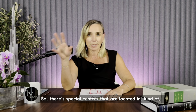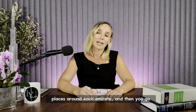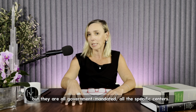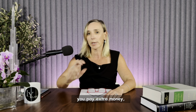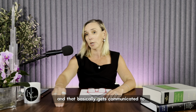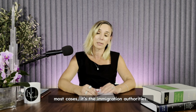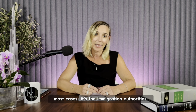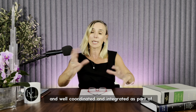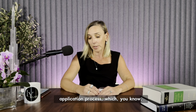There are special centers located in many different places around each emirate, but they're all government mandated, right? The specific center. So you go in there, you pay extra money, and you get your test result that same day, and that basically gets communicated to the next authority. In most cases, it's the immigration authorities. So it's all very smoothly and well coordinated and integrated as part of this whole residency application process,